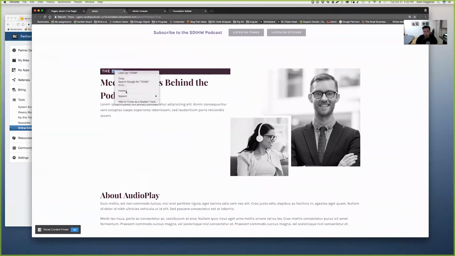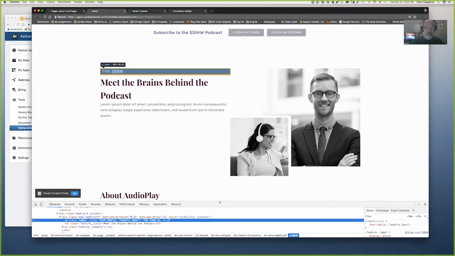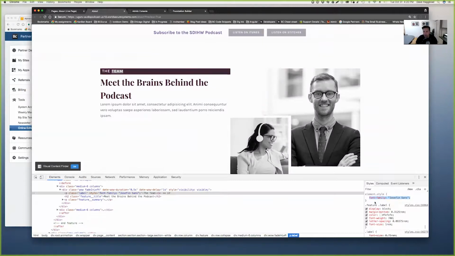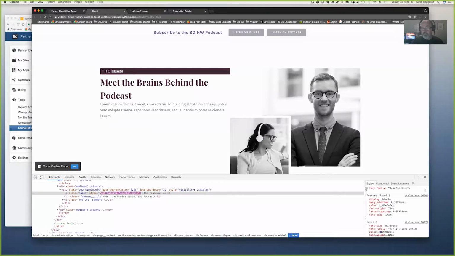Now, the team? Yeah, now I'm wondering about the font family, Josephine. So it is there. What if you disable it, though? Disable that element. Yeah, okay, so it is actually adjusting, although it does look strikingly similar to what it currently is. Well, it's a sans serif font. I mean, Carla is the other one here, which is quite similar. Okay, so if we go back to the WYSIWYG editor,